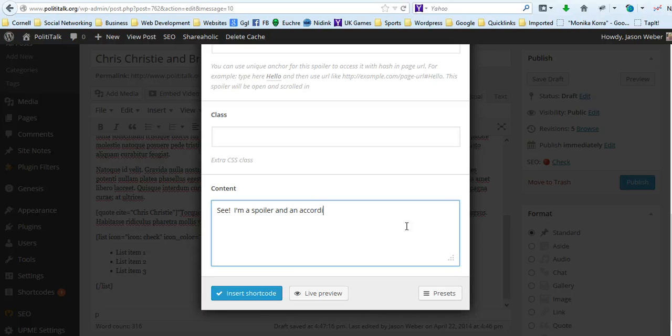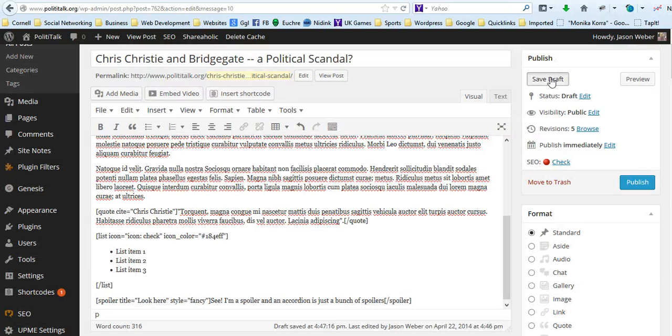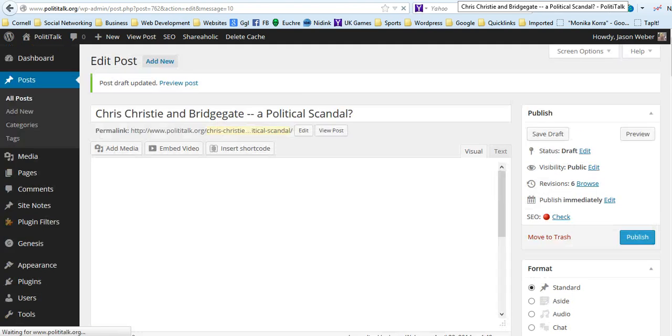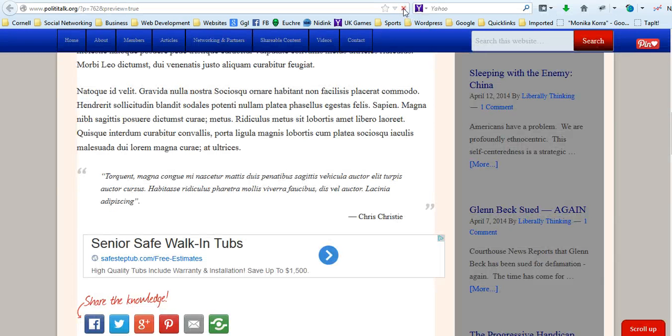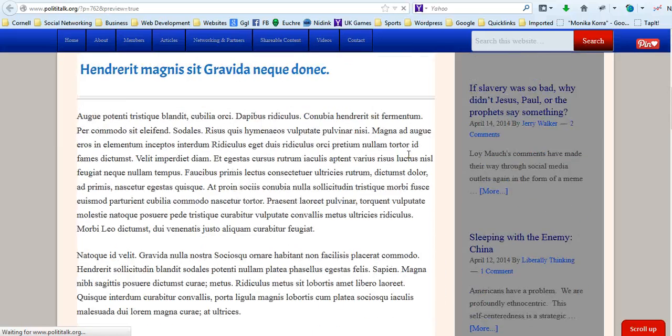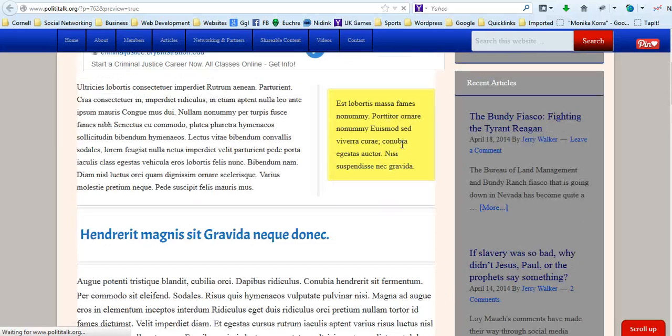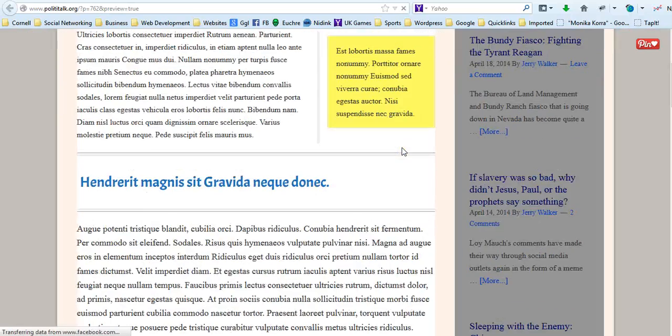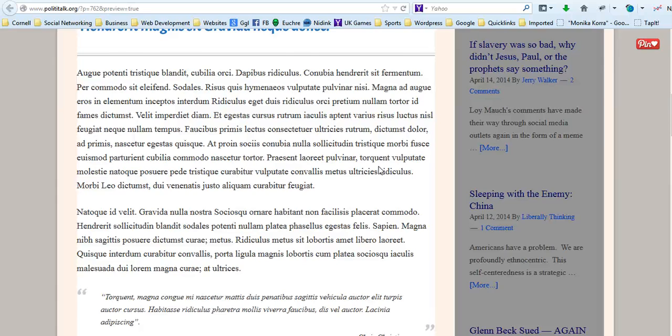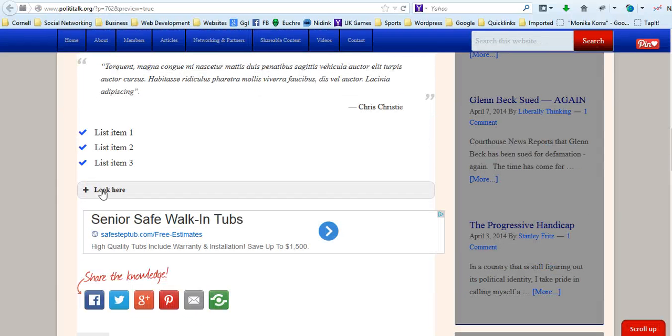And an accordion is just a bunch of spoilers. And we're going to insert that shortcode. Let's save this and let's see what the end result is. So now we've taken a bland, boring post and we've added a little bit of life to it. Keep the reader engaged. So we have our pull quote, our heading, our quote, here's our list items, and now see, look here,